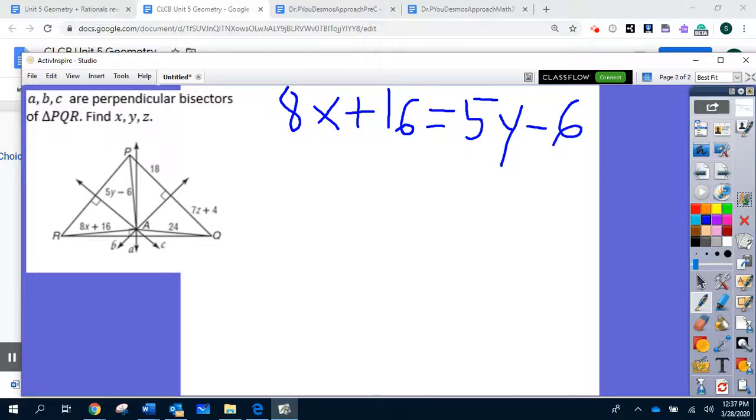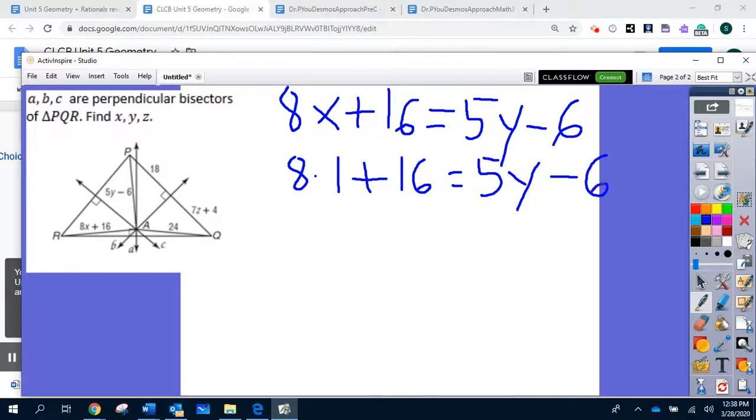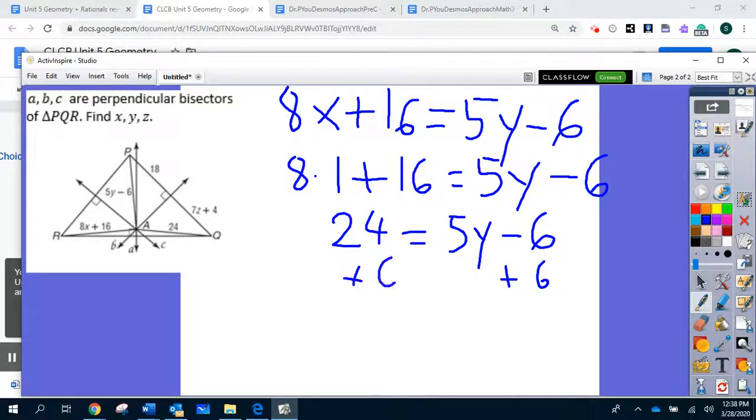If you remember, I need to plug in the x, but x was 1. So 8 times 1 plus 16 equals 5y minus 6. So let's calculate the left side. 8 times 1 is 8, plus 16 will be 24, equals 5y minus 6. Isolate y, so add 6 on both sides. I get 30 equals